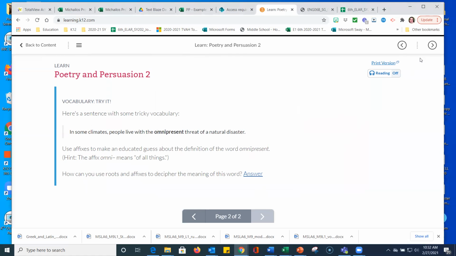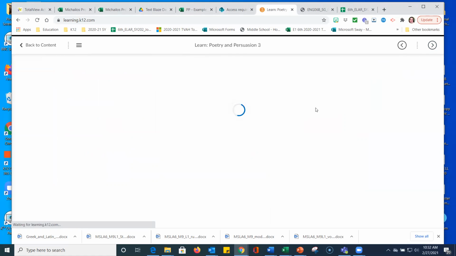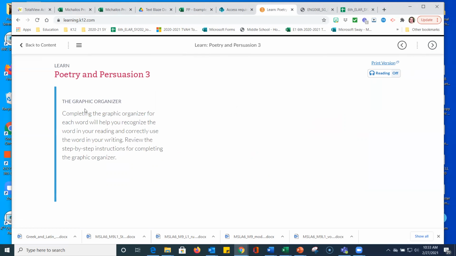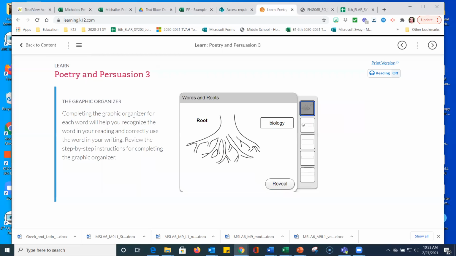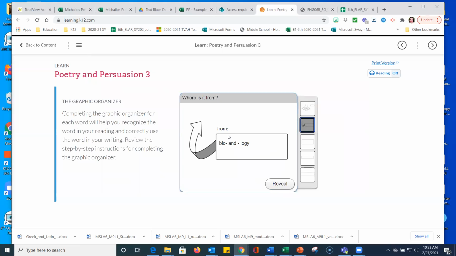All right, we have done slide 2, so now we're moving on to module 3. The graphic organizer. Completing the graphic organizer for each word will help you organize the word in your reading and correctly use the word in your writing. Review the step-by-step instructions for completing the graphic organizer. So the first thing you're going to do is put your root word right there. The second thing is you're going to fill out,